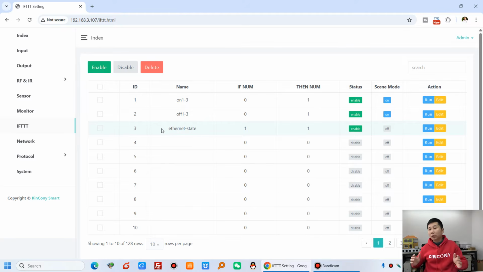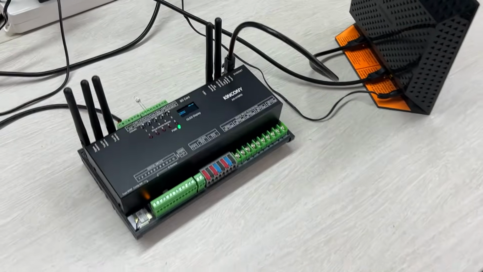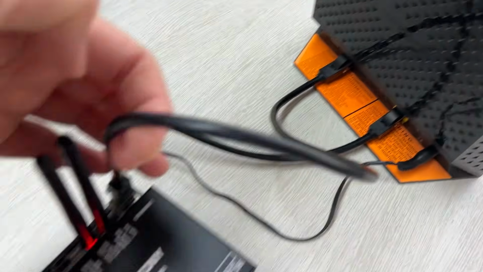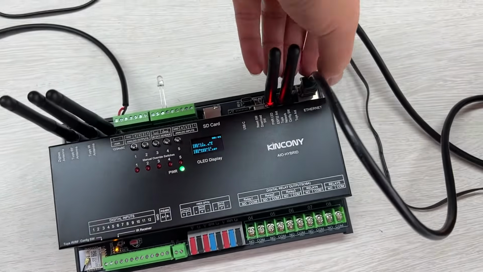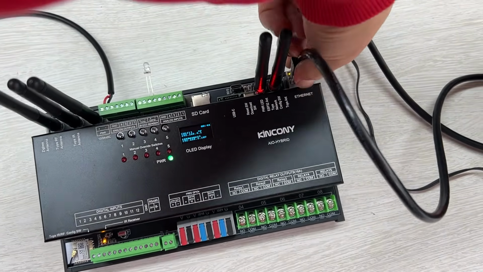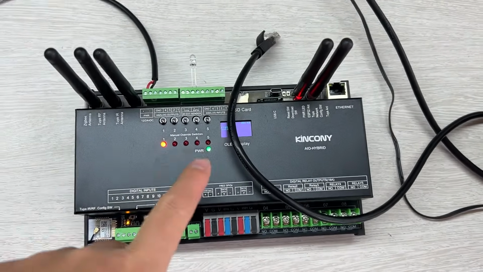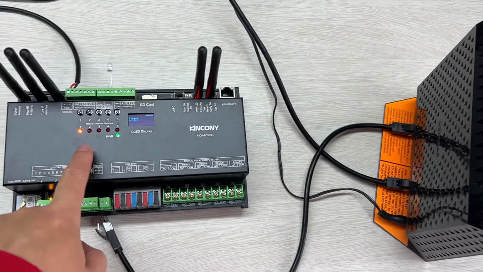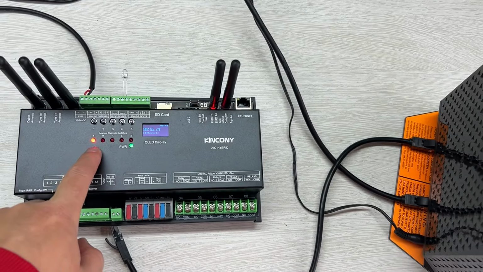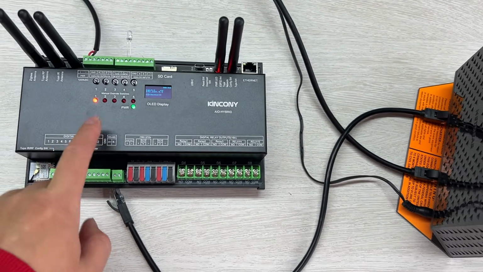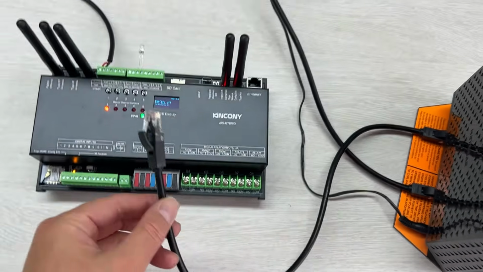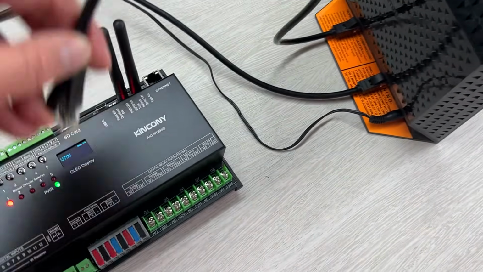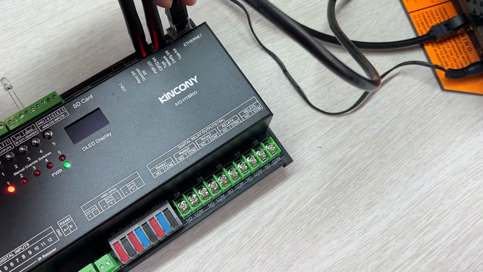Now I will test it. Look at my load. And this is the Ethernet cable. You can see I disconnect the Ethernet cable, and you can see the relay is on. So this automation is running immediately. It's very fast. That is the disconnect. Okay. Now I will connect again,